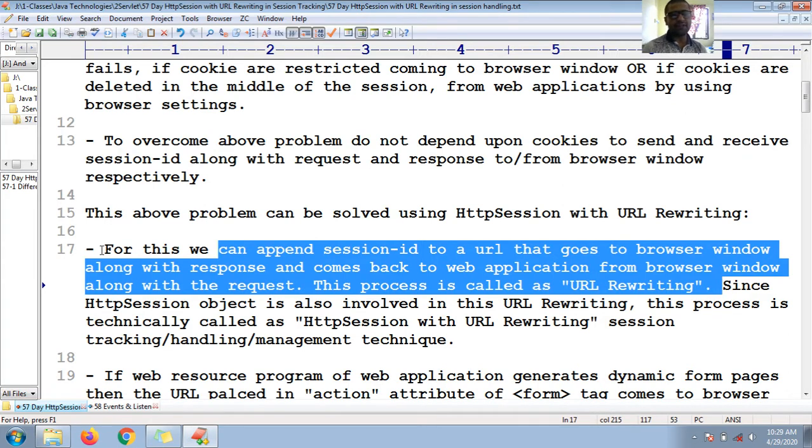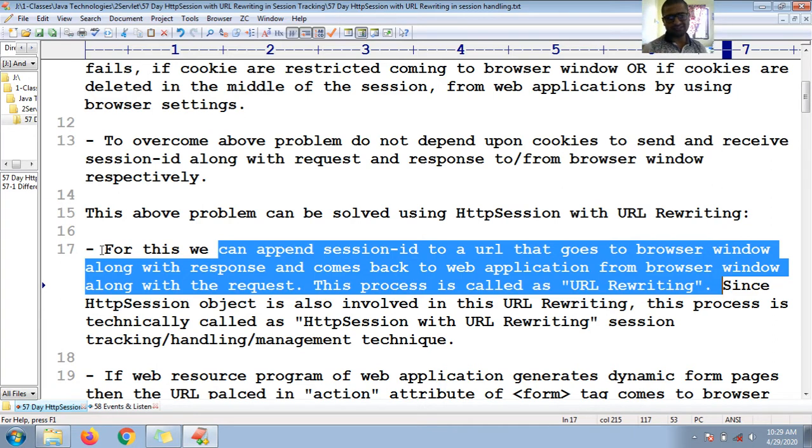So I'm repeating once again, this above problem can be solved by using HTTP session with URL rewriting, and for this we need to append session ID to the URL. We need to attach session ID to the URL that goes to the browser window along with the response, and also comes back to the web application from the browser window along with the request.